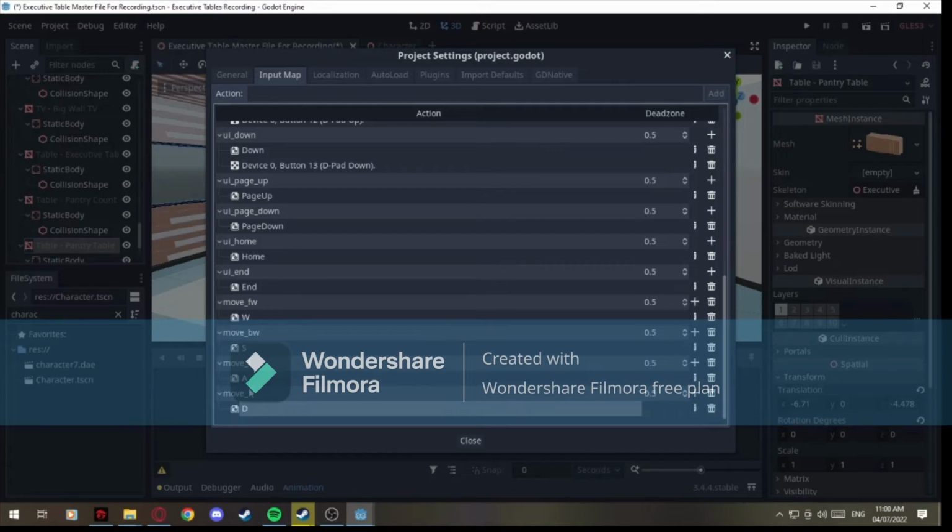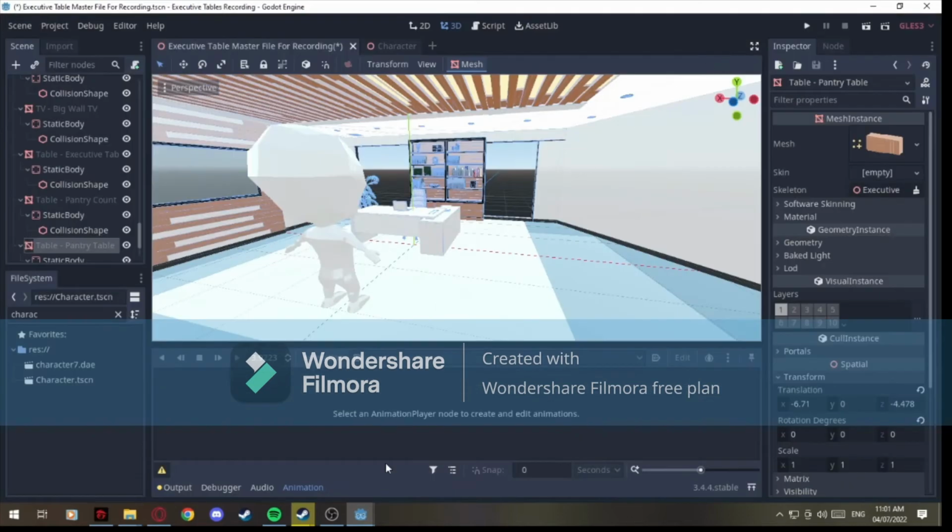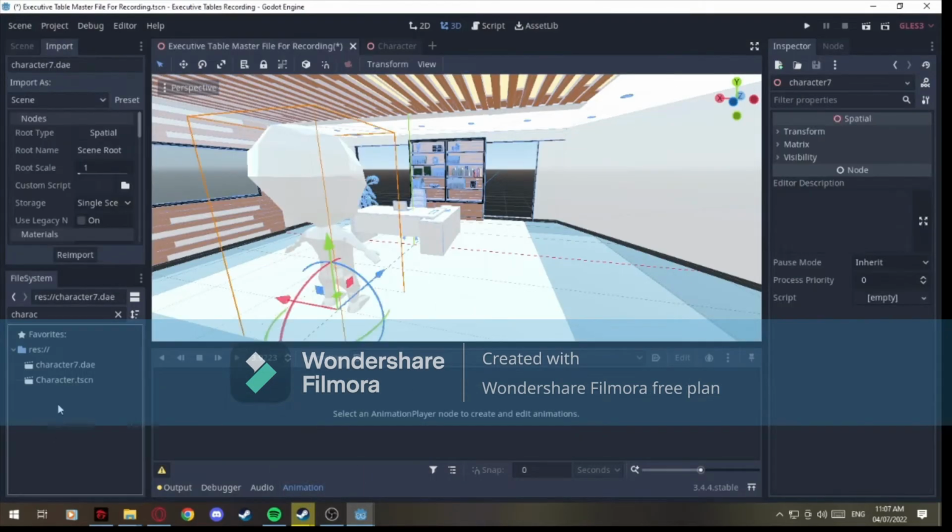So this is needed when we start coding, and we're gonna call these 4 actions in the code, and if this is not set up, your character will not move. So you have to set this up first. So the next is the codes that we're gonna